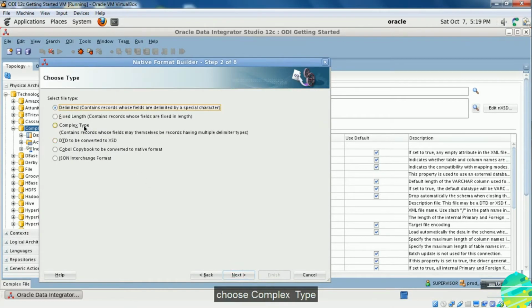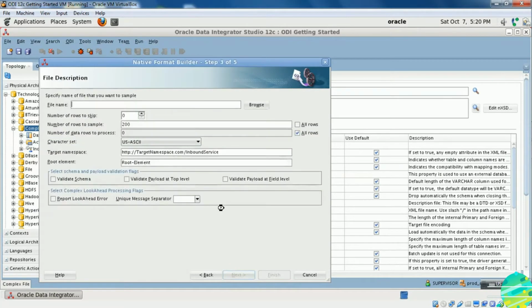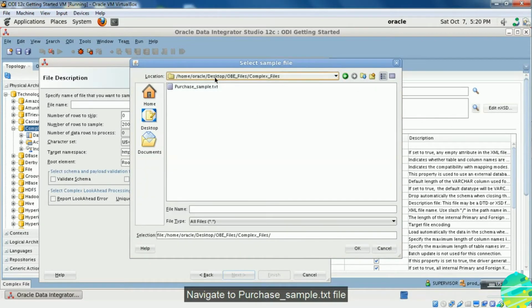Choose complex type. Click on next. Over here, navigate to purchase sample.txt file. Click on browse and navigate to that file.